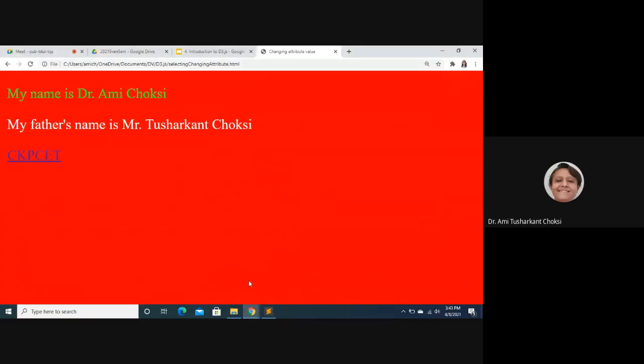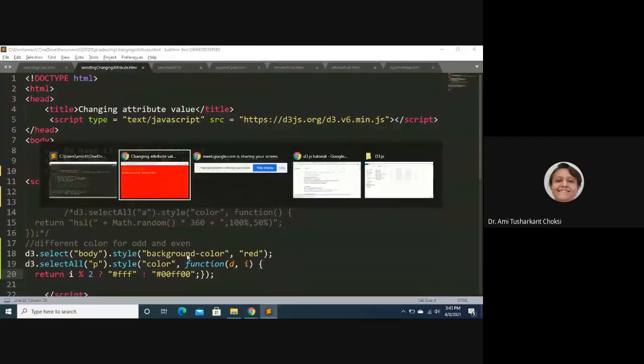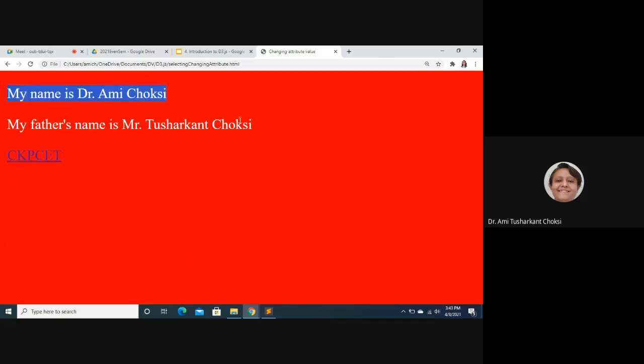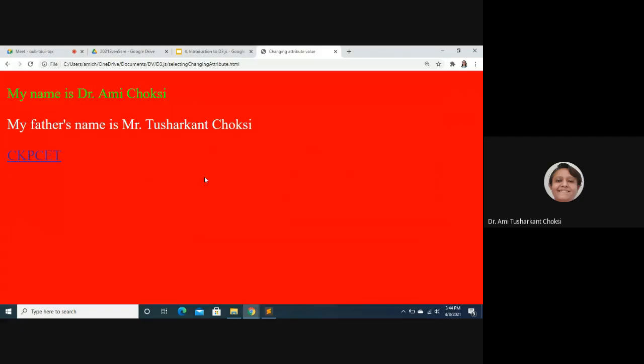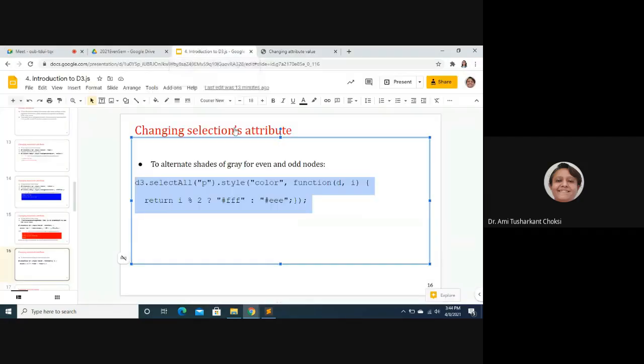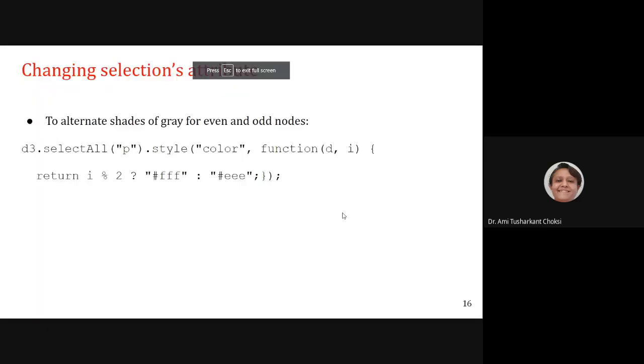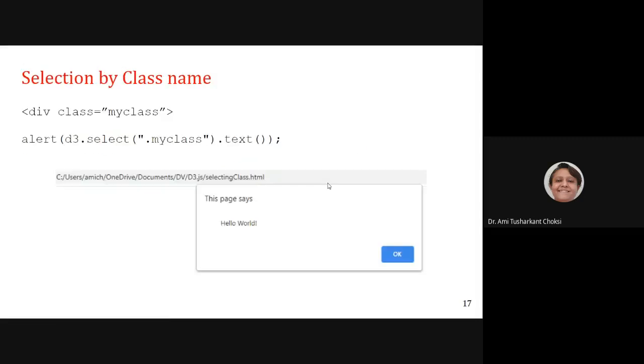Let me put it here. Fine. Now different color we are able to see, right? Green color we have set, and then after we can say we are able to see this one, right? White text. Okay. Different color we are able to see. I mean to say that for odd and even. Okay. So that's what we can set using this simple function, right? Now, we have set the green color, right? Okay, not the blue color.